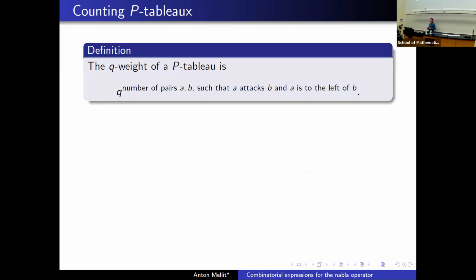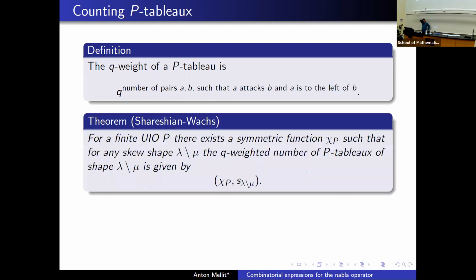Yeah. In a column, the question was if it's in the column. To the left means in the column to the left of the column of that one. Right. And here is a theorem that generalizes the